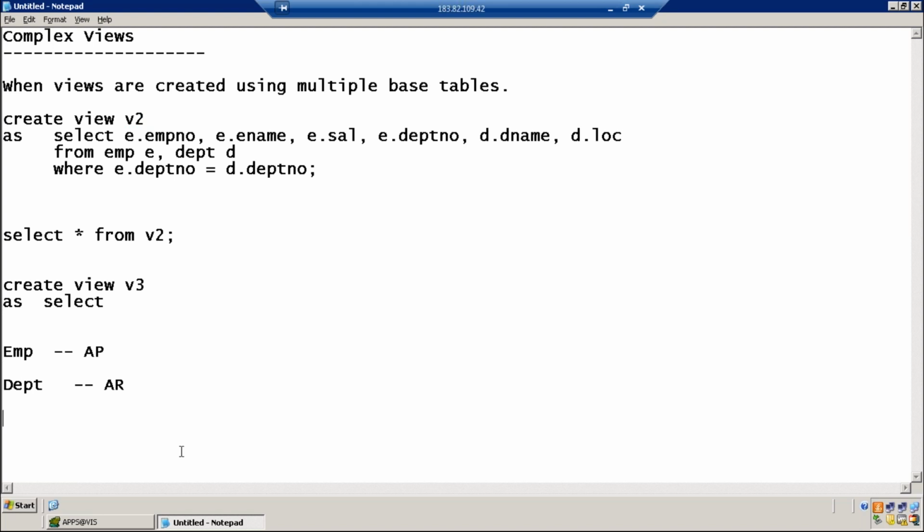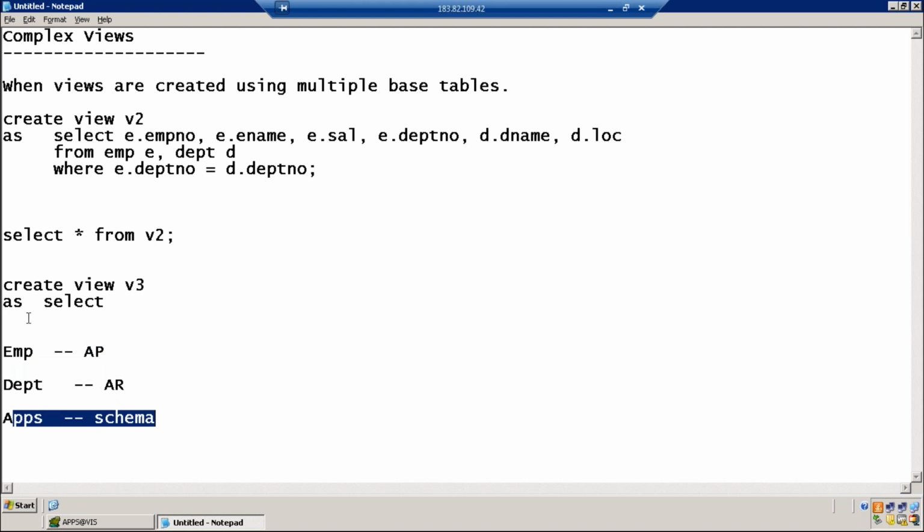But the point is we create the views based on the apps schema. In Oracle applications we have the concept of the apps schema. The apps schema has access to all the tables of the AP module as well as the AR module. So we create a view on the apps schema. When I explain the database structure of Oracle apps, your doubt will be clear.